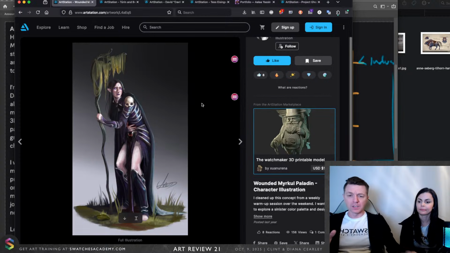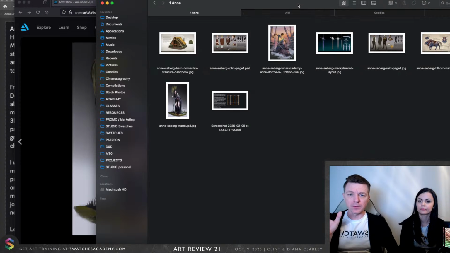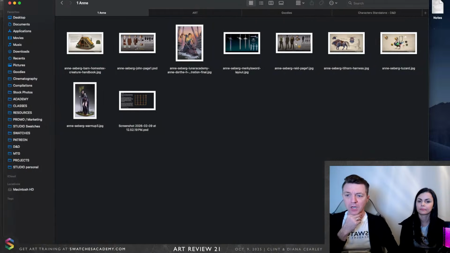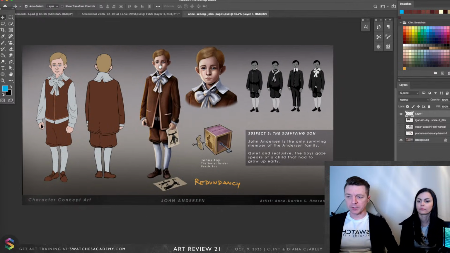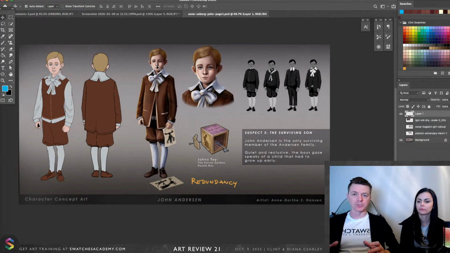And I'll say this though, this is actually a pretty common issue that we see is people who aren't getting traction in their career. They're not sure what to do and they go, well, I must not be throwing a broad enough net. Yeah, and everybody does that to some degree at the beginning. So we're going to just point out a couple of things on this, and then we will move to the next portfolio. But for this one,